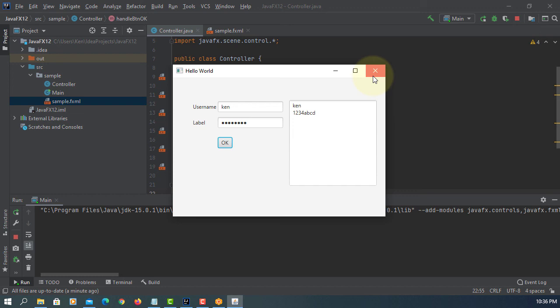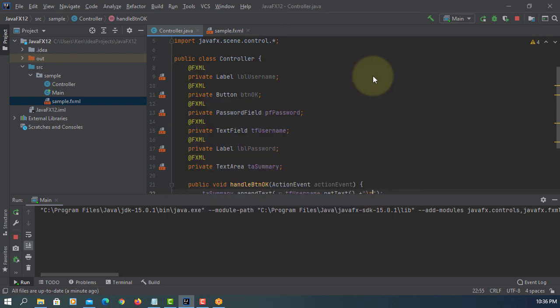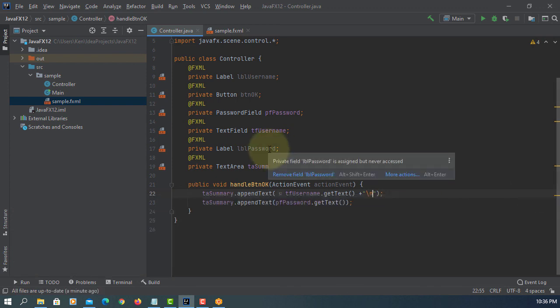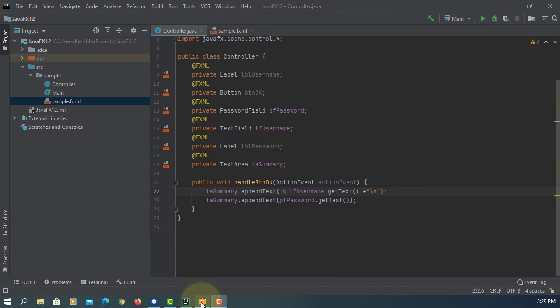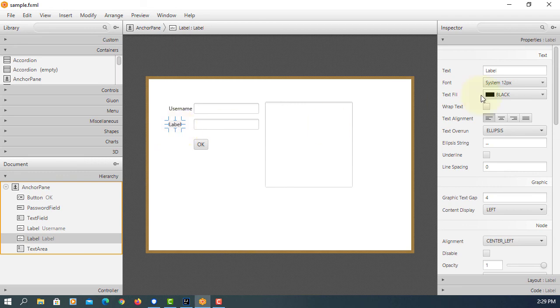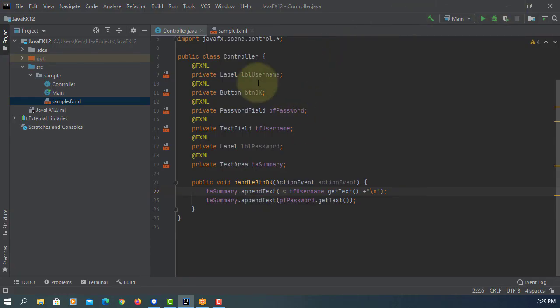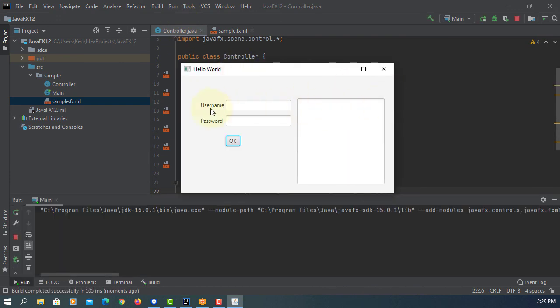Let me put the label, then okay, there was one mistake, so let me open with the Scene Builder label. I will change to password. Save it. Run it again. Now you can see the label for password,